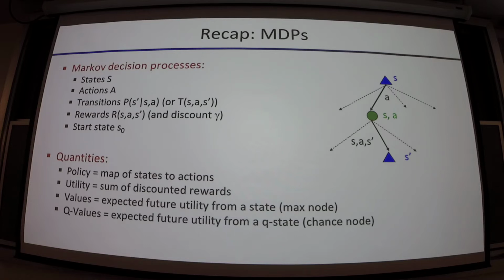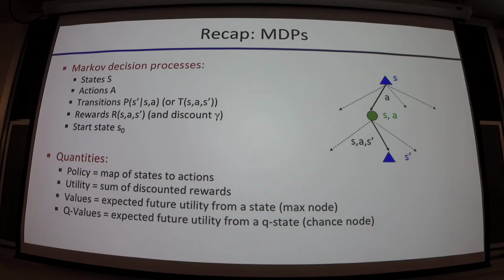Okay, so we've been talking about MDPs, Markov decision processes, right? And basically an MDP is described by this set of things. We have a set of states, we have a set of actions, we have a set of transitions. These describe, given a state and a chosen action, the probability that you will land in a subsequent state, right? This, in the worst case, could be defined over a pairwise cross product of all 3 of these, your state space twice and your action space once, right? For every state, you choose among every action has the possibility of potentially landing in every other state. Right, that's kind of gross.